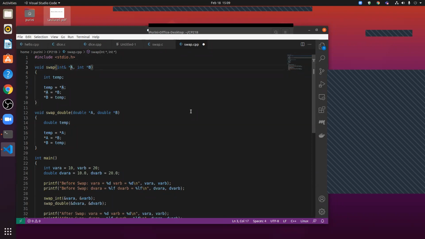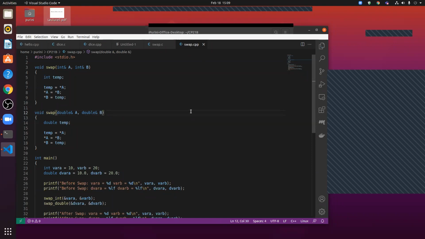C++ provides what is called a pass by reference mechanism. So we can use this particular way of declaring the parameter. Similarly here, we can have the same name, but the function on line 3 and the function on line 12 are different from each other because their parameter types are different.